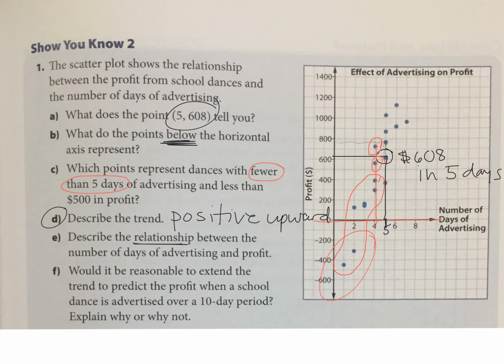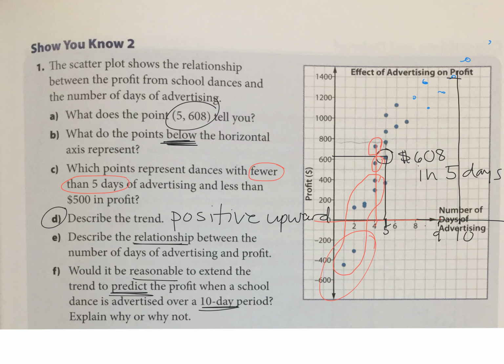Okay, so would it be reasonable to extend this trend to predict the profit for when a school dance is advertised over a 10-day period? Can I extend this graph like this and predict what it would be at 9, 10 days? Yeah, sure, why not? Just continue the trend. Let's just make up some numbers here. I'm just following the trend, following the pattern. So, at 10 days of advertising,